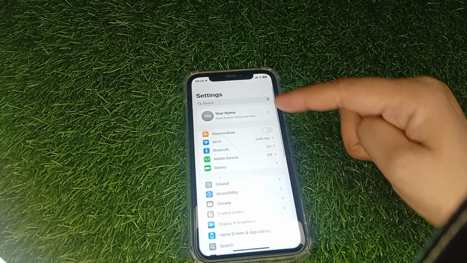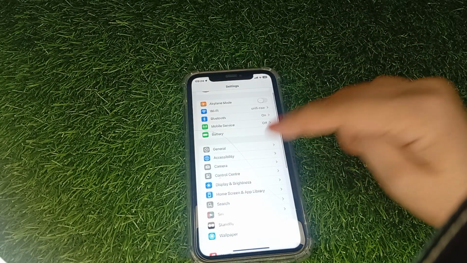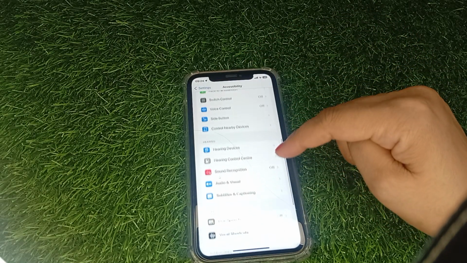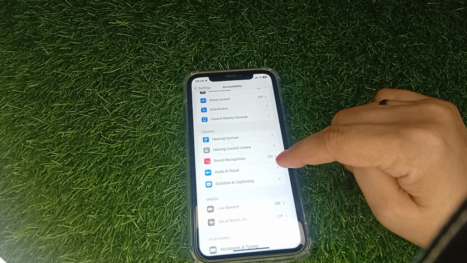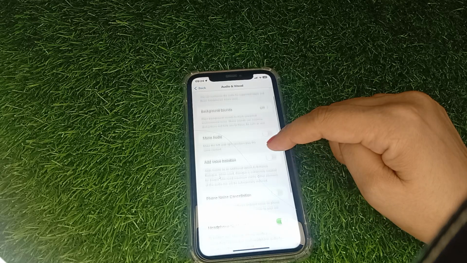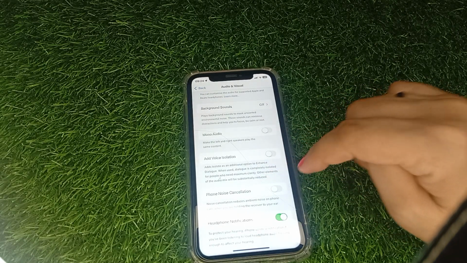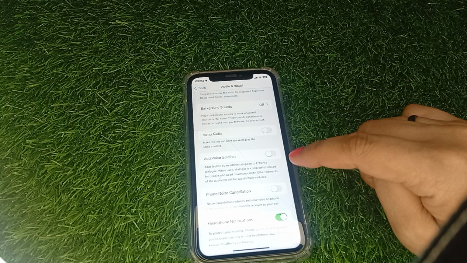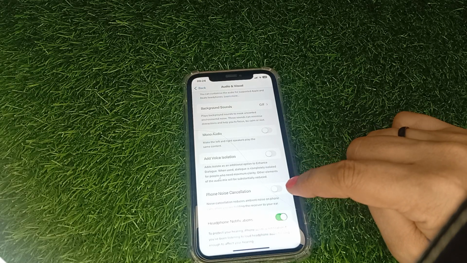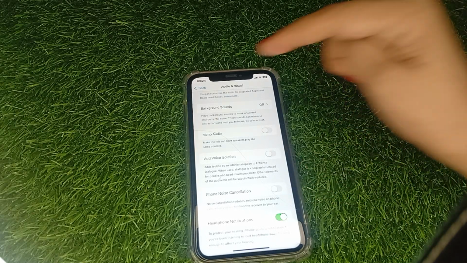and now tap on audio and visual aid. Tap on this and you have to tap on phone noise cancellation. It must be turned off. Here you can see it is turned off. Now go back to settings